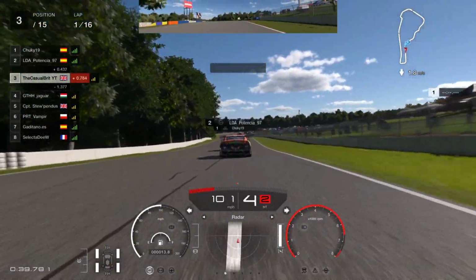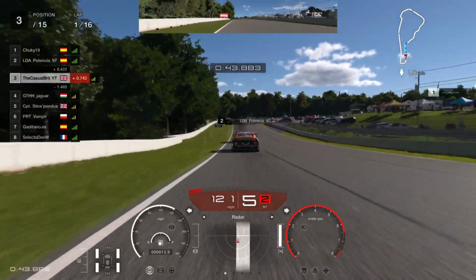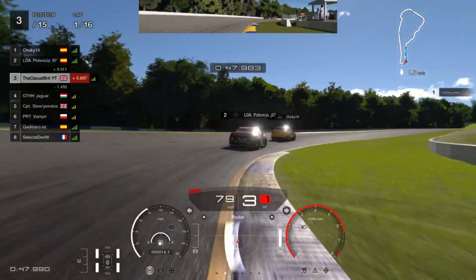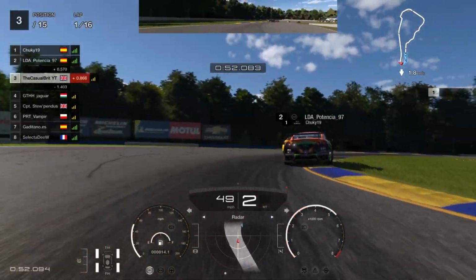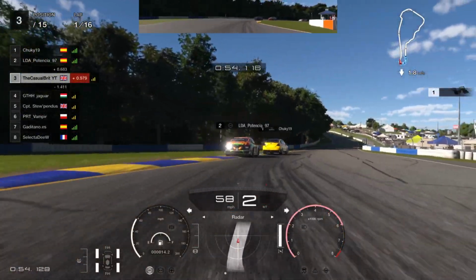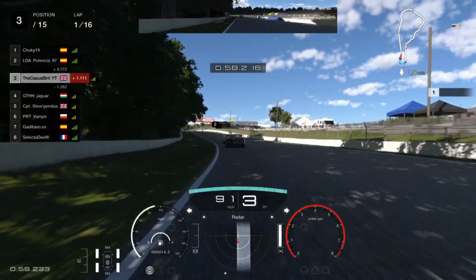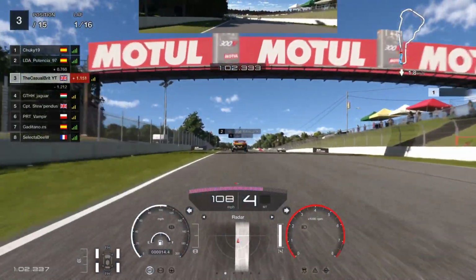We're just trying to hold on to the back of this duo up ahead. As you can see, the Jaguar behind, already a 1.5 second gap, so we don't have to look behind. We only have to concentrate on what's going on up ahead, and hopefully we can profit from any mistakes. But that is lap 1. We are going to fast forward now a little bit